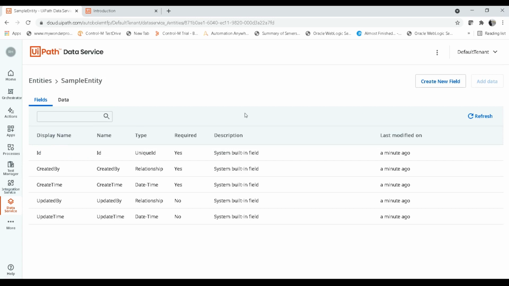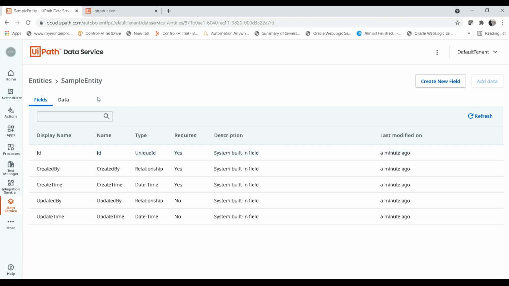The first one is ID, which is a unique field, and the next ones are created by, create time, updated by, and update time. All these details will get auto populated, so we don't need to add any data to it. It will automatically generate.